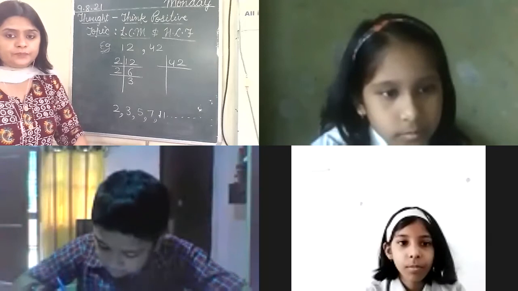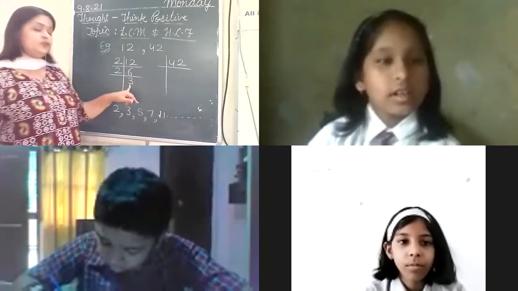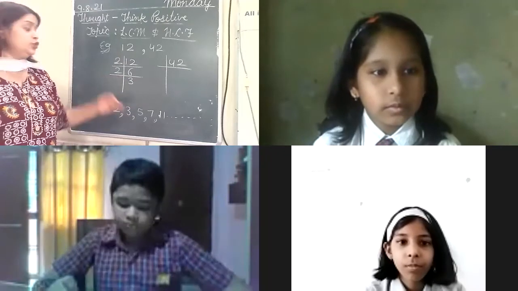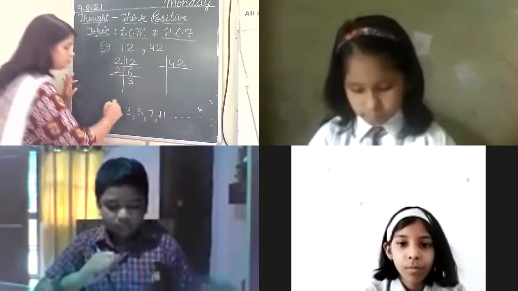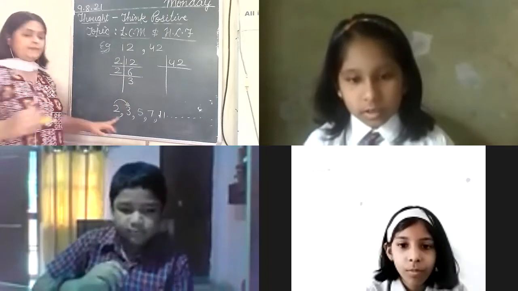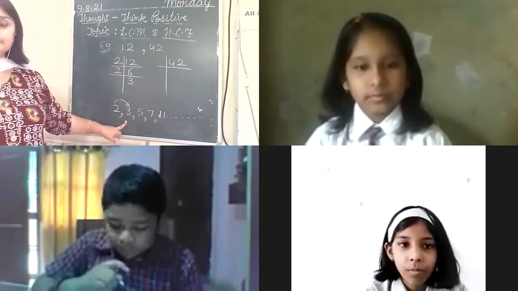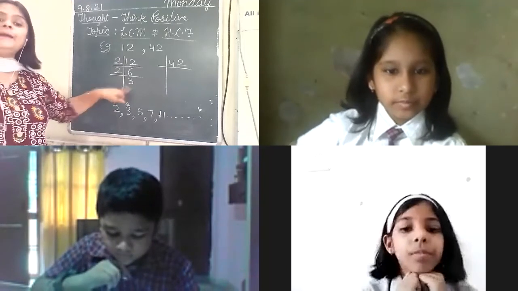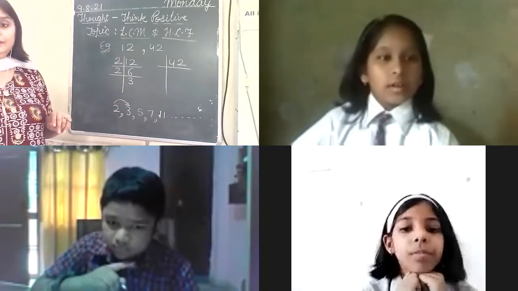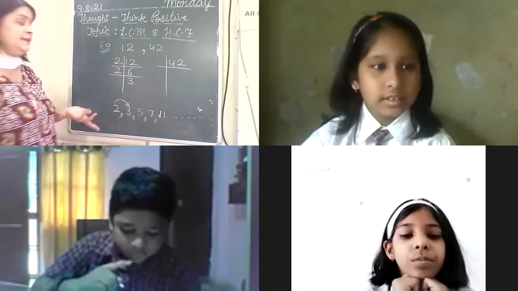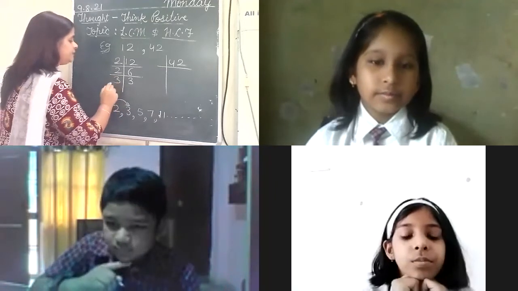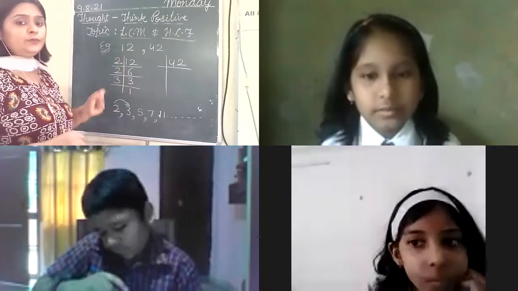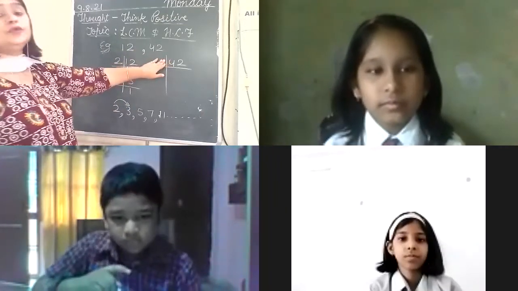Yes, Shrishti, now tell me, is it possible to divide 3 by 2? No, it is not possible. So that's why we are going to move to the next prime number. So here the next prime number is 3. So is it possible to divide 3 by 3 here? Yes, it is obvious that we are going to divide it by 3. So your answer will be 1. Okay, now we cannot proceed.